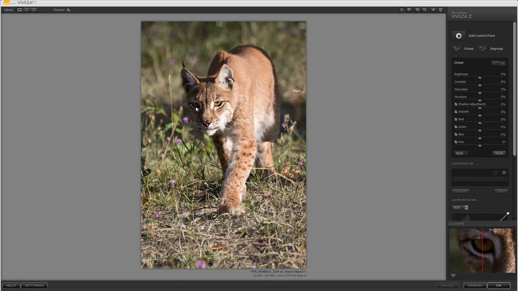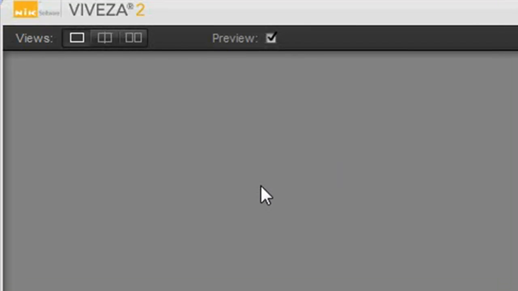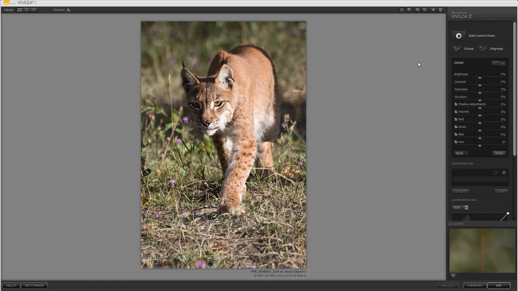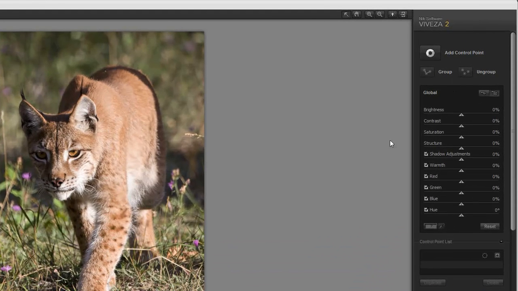Here we are in the Viveza tool. You can see that in the tool up at the top here, I've got some icons that can give me some before and after views of the image I'm going to work on. I've got this very handy preview switch, which I'm going to use a lot to see what I started with and where I am now. The primary tools we're going to be using are over here on the right hand side of the screen, where we can use something that Nik calls control points. And these control points are super useful and make it extremely fast and efficient to do the light modification to this image. So I've gone over here to the right hand side of the screen and I've clicked on Add